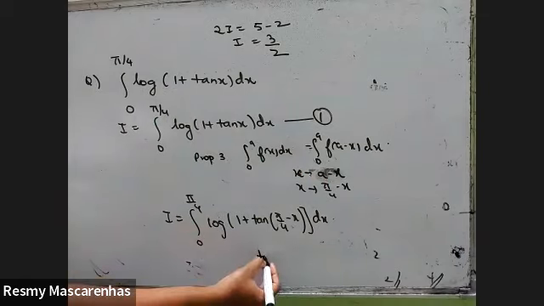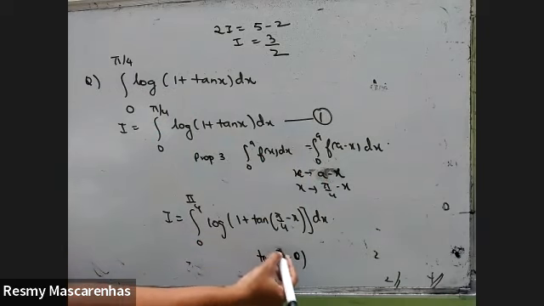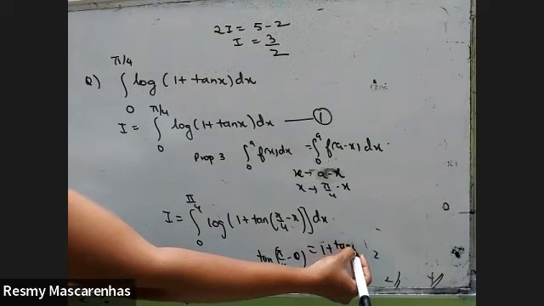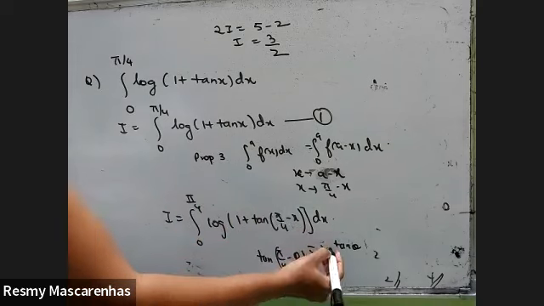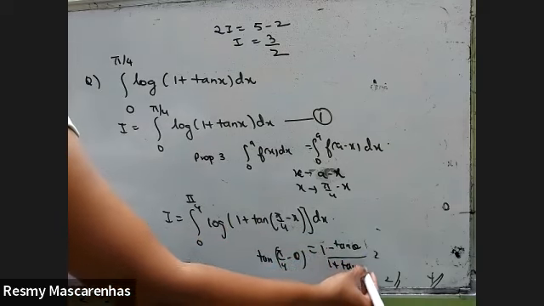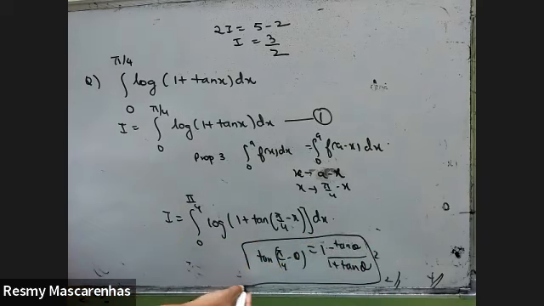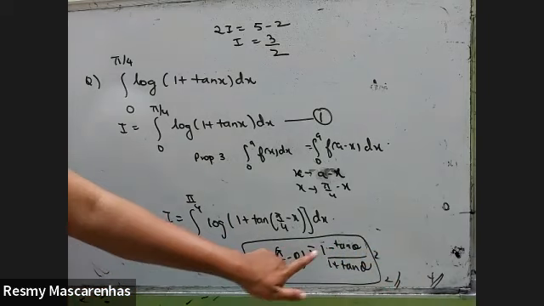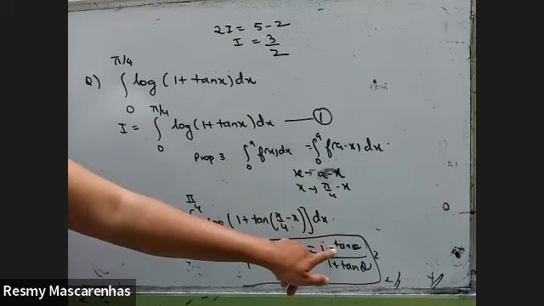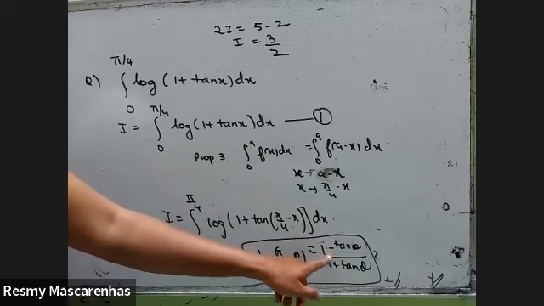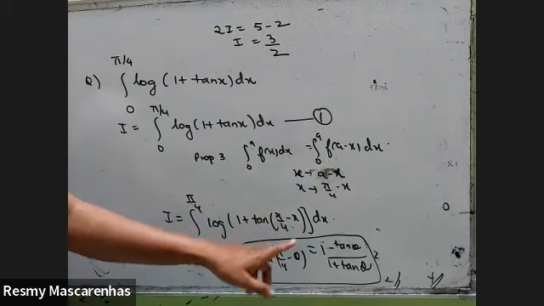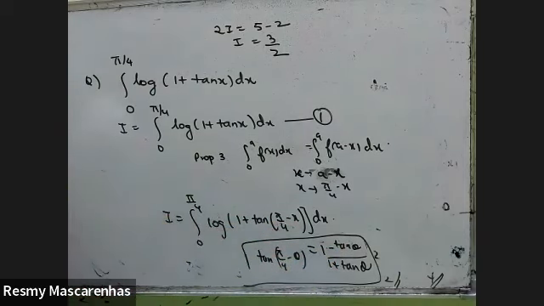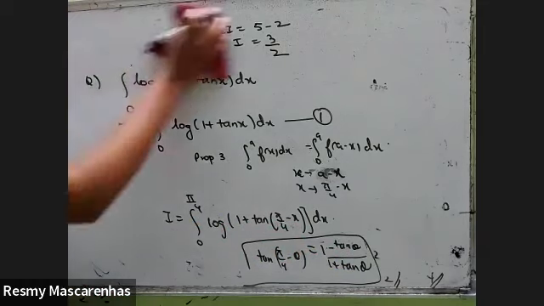Tan of, use this formula, pi by 4 minus theta is 1 minus tan theta upon 1 plus tan theta. This formula I'll use. If it was plus, this is plus, this is minus. So this is minus, this will be minus. Whatever sign is here will go to the numerator. If this was plus, this would be plus, and this would have been minus. So tan of pi by 4 minus theta is 1 minus tan theta upon 1 plus tan theta. That's why it will become